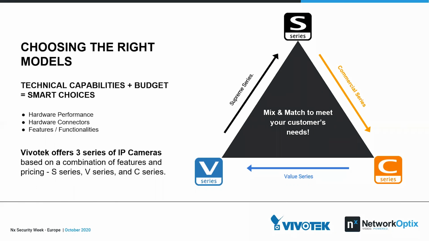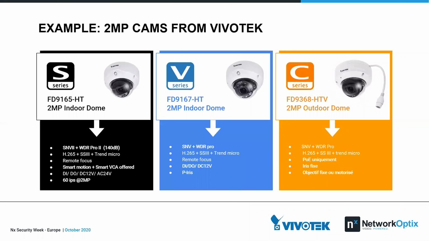Why are you going to install it at this area? An example for the 2 megapixel cameras from Vivotek, the fixed dome 2 megapixel outdoor, like for example this one. The 68, for example, you will have all the technologies from